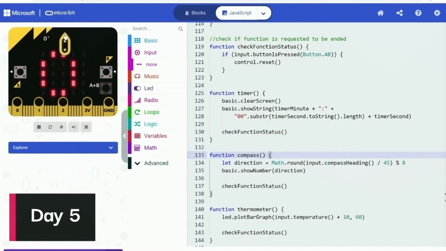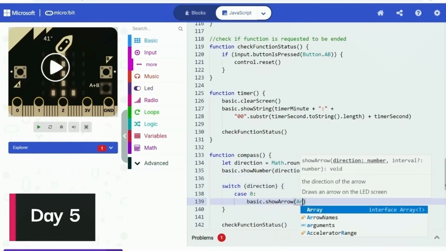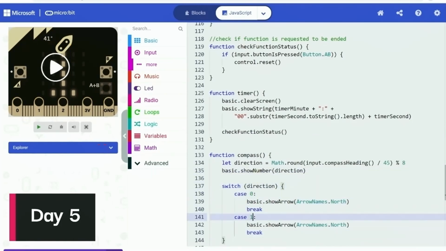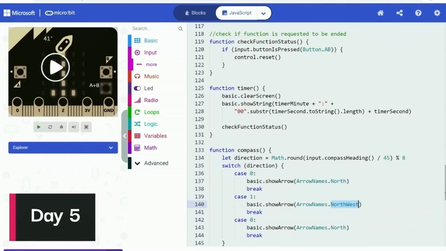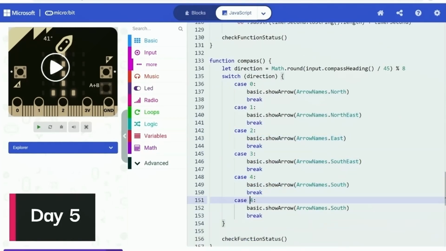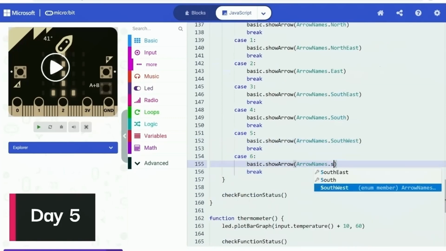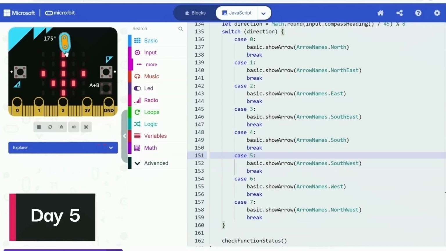The second half was just to display an arrow based on the number I got. I started off with a simple switch statement to show the correct arrow in each case of the number. It was almost like some replicated work, and in each case the arrow was the only thing that needed to be changed. I needed to make 8 cases, each with the arrow assigned, and you can say it was some boring work. So after a lot of copying and pasting and editing, I finished the code for all 8 cases in the switch statement. After some quick testing, it worked perfectly fine.